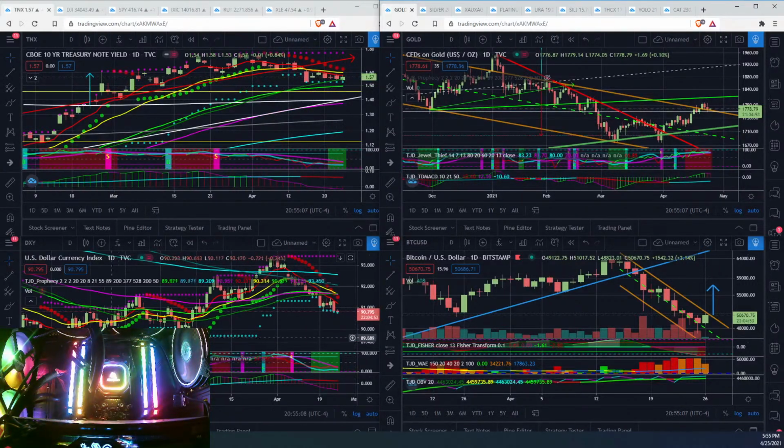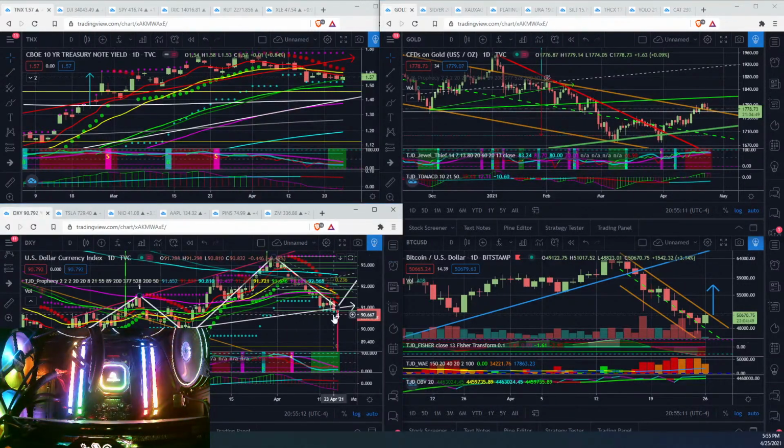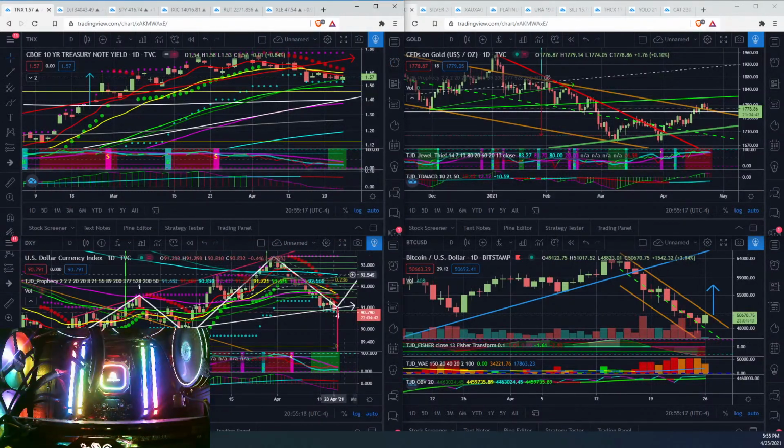Am I right about the dollar? Is the dollar going to find support at this key level and move up, or is it going to break down and we're going to get that massive move to the downside? Those two things will highly affect what's happening in all these other markets. Because if crypto still keeps selling off, I would expect that traditional markets will be as well, and that was